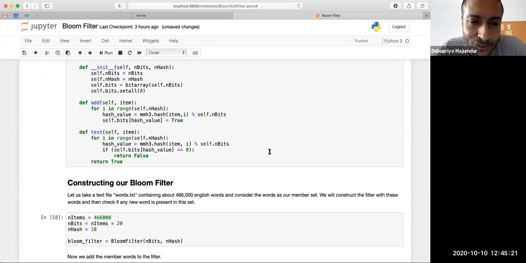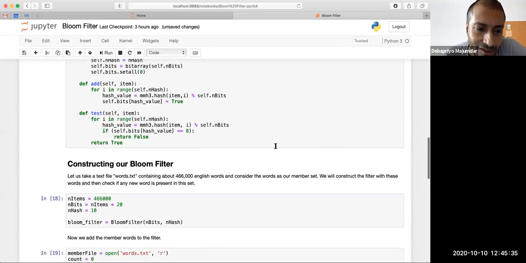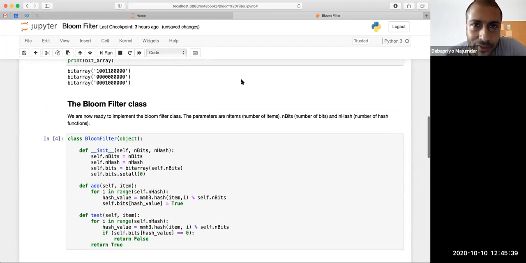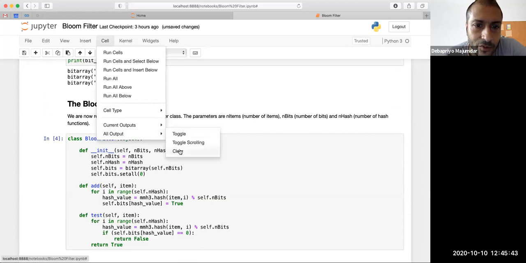Okay, fine. Now we can move to another one, which is not so great, like the Bloom filter is wonderful. We will also do the Flajolet-Martin algorithm today, but unfortunately, we'll see the results will vary a bit more. We'll get the idea that it is actually predicting things somewhat, but the results will vary a bit more. So let me move on to that. Let me clear all the output.